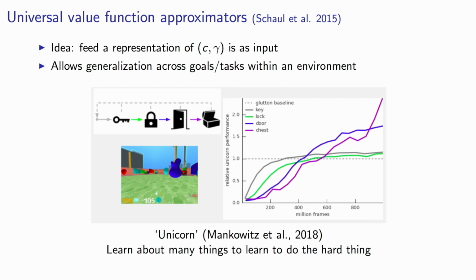One example of that last bit is a recent paper by Dan Mankowitz and others in which they set up a situation where the actual goal is to, say, get a chest. But in order to do that, there's this sequence of things you need to go through. You basically first have to collect keys, because with the keys you can then open a lock. When the lock is open, you can open the door or something like that. You need the lock for the door in some sense. And then you can go through the door and you can collect the chest. That's basically the abstract situation.